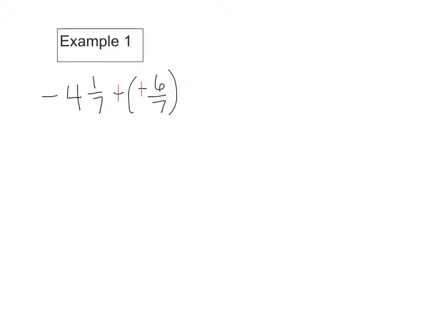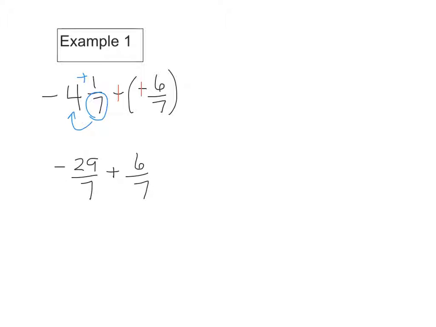The next thing I'm going to do is I have a mixed number, and I'm going to make that into an improper fraction. Remember, to do that, we multiply our denominator times the whole number to get how many sevenths are in that whole number. Well, 7 times 4 is 28. Then we add the 1/7, so 28 plus 1 is 29, so we have negative 29 sevenths. And since I changed that to adding a positive, I'm going to put just plus